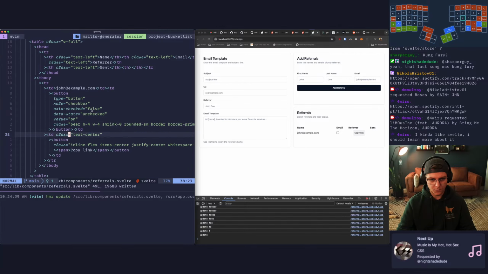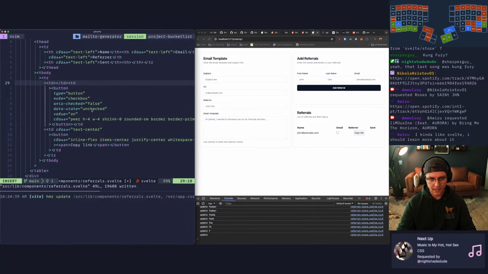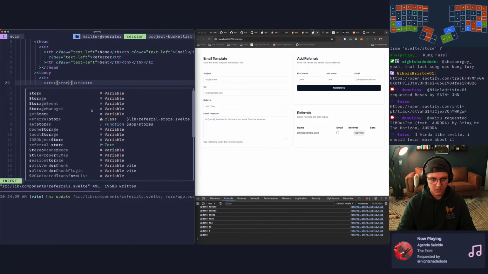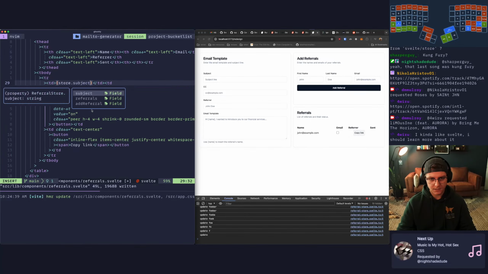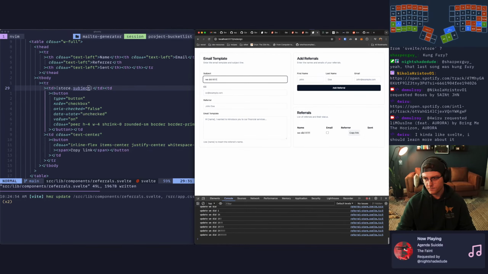We can do change in tag, and we can do something like store dot subject, right? We come back over here, and these should sync now, and they should be the only things updating. Look at that. Tell me that's not super cool. We did it.